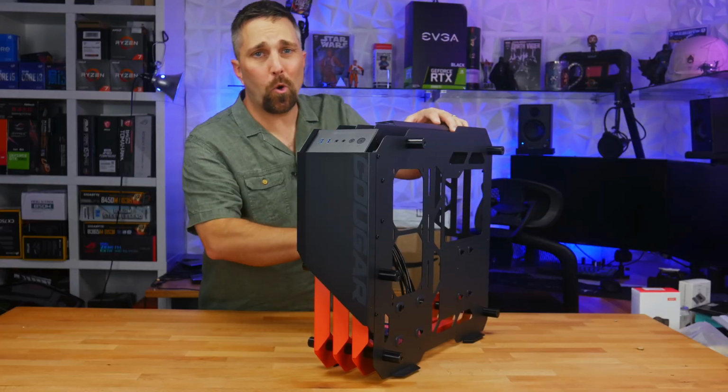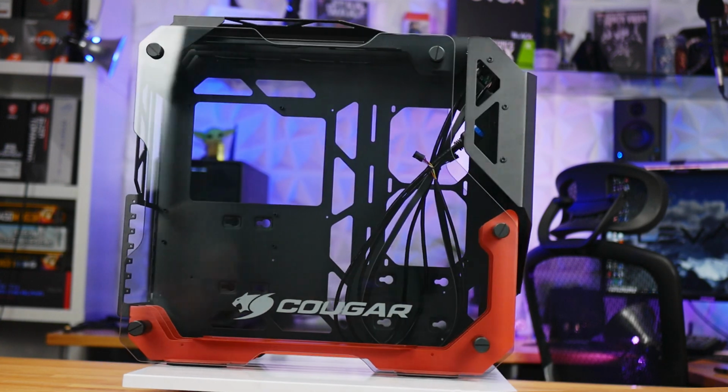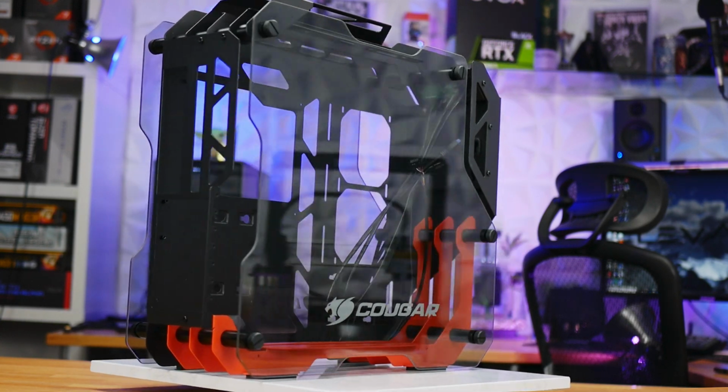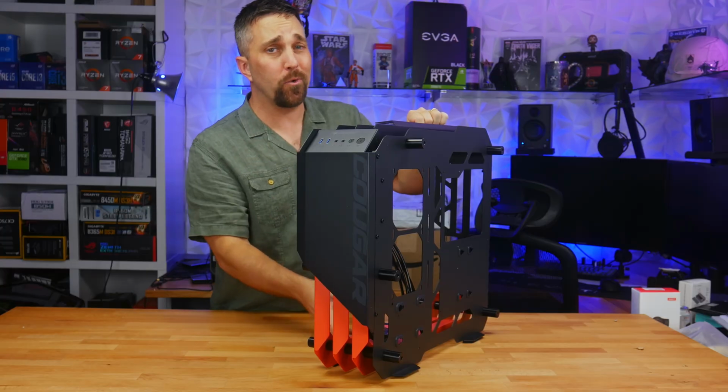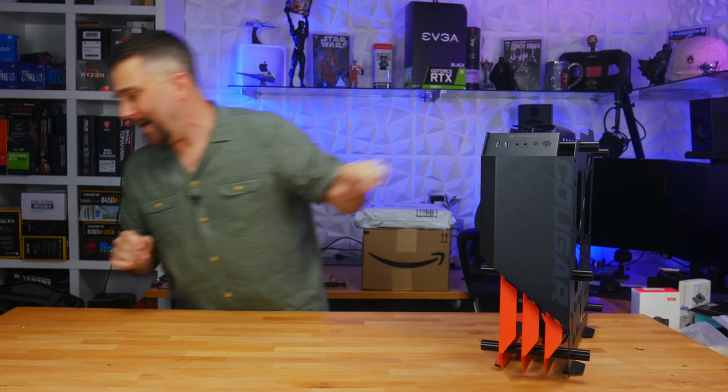So this is the more compact version of the Cougar Blazer. It's gonna get torn down and get an automotive quality paint job. There'll be some hydro dipping involved. But before I get into a new build series, I have to finish